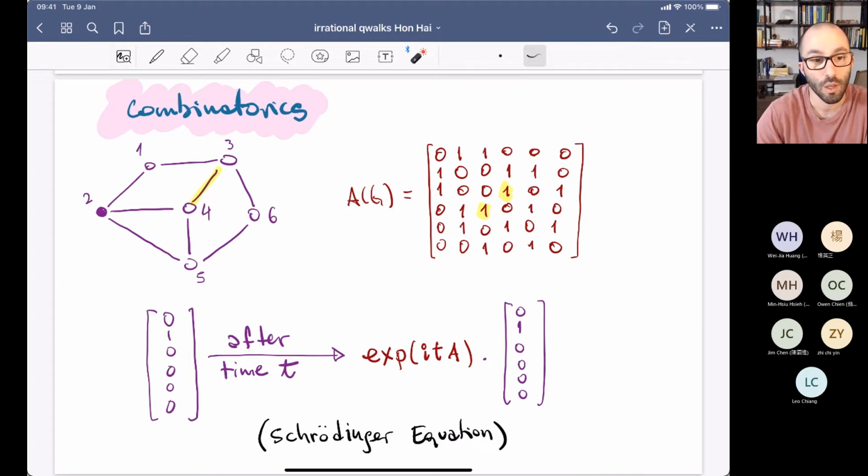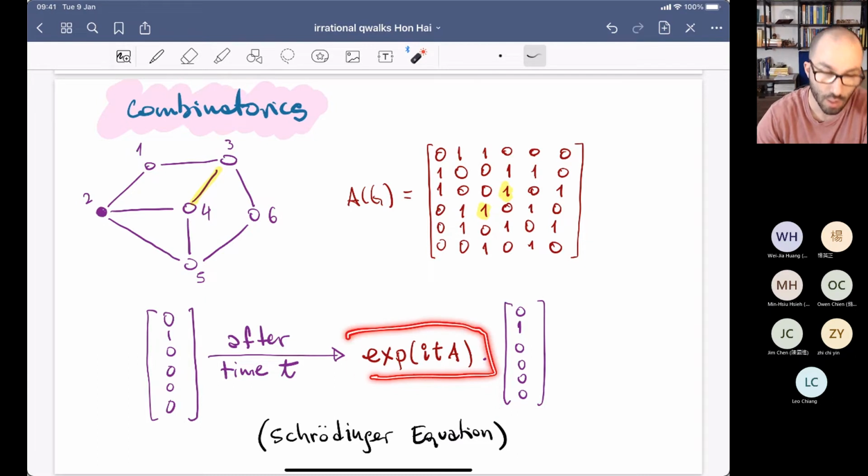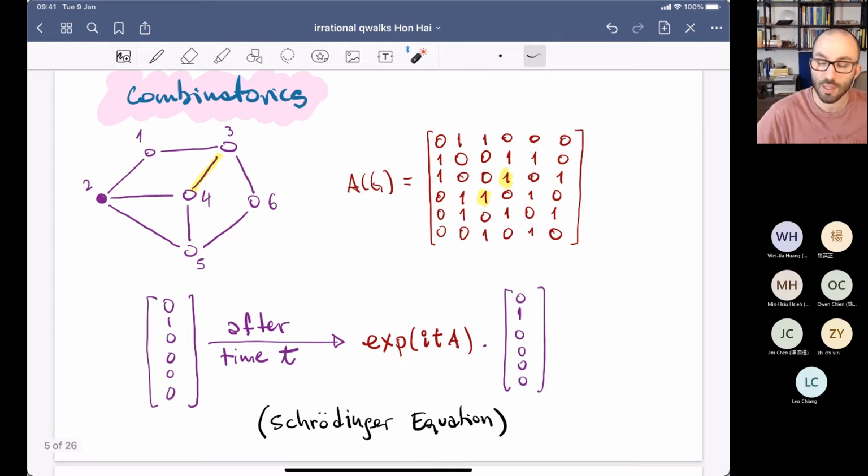which is 6-dimensional. And then after time t passes, this is going to be the vector that represents the state of the system. So this is the exponential of itH times this vector. And if you're familiar with Schrödinger's equation, you are fine with what's going on here, because you understand exactly where this is coming from. And if this is the first time you see the exponential of a matrix, I understand that this could be a bit scary, but it's nothing but the solution of a differential equation. The only way to understand the exponential of a matrix is in terms of its power series,